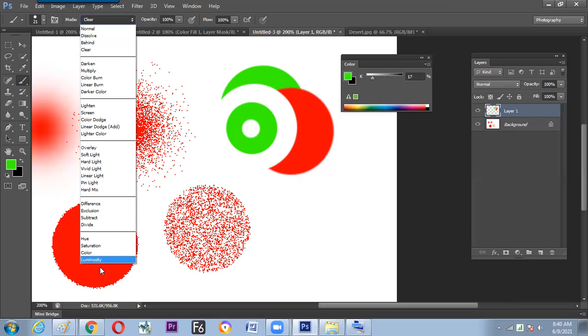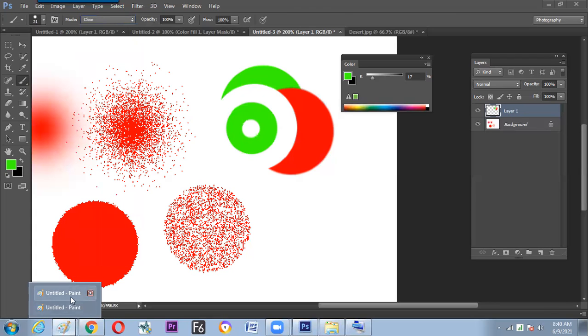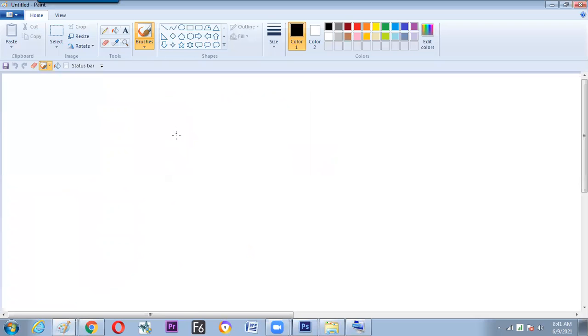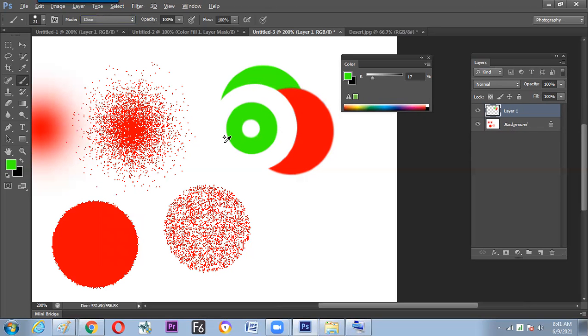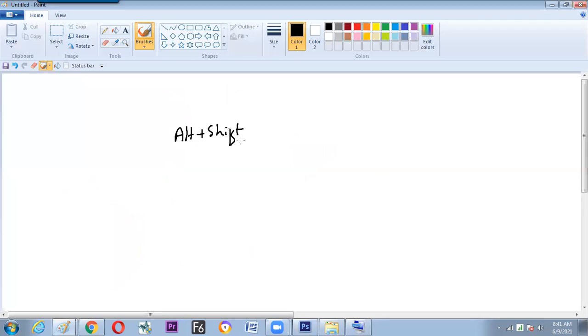So what is the keyboard shortcut for all the blending modes? It is very simple: Alt plus Shift, and then A, B, C, D, the 26 alphabets for the 26 blending modes. For example, N for Normal. Alt Shift is common for all. We only need to switch the alphabet and jump to the next color mode.